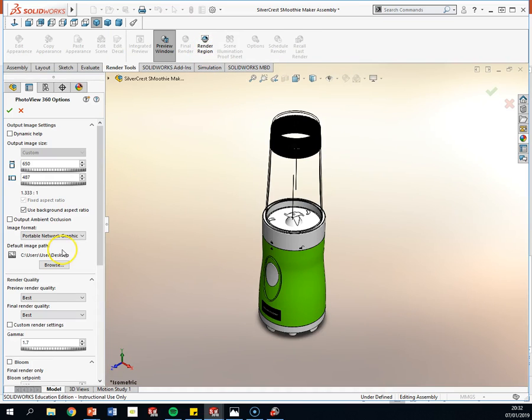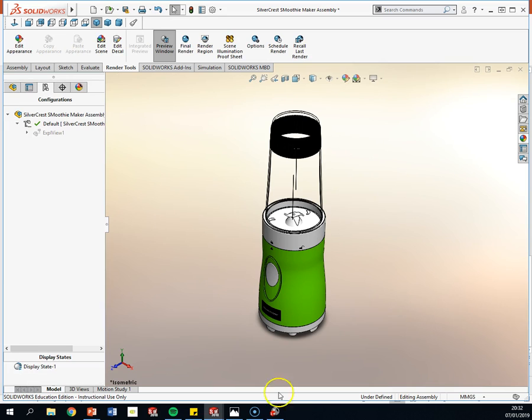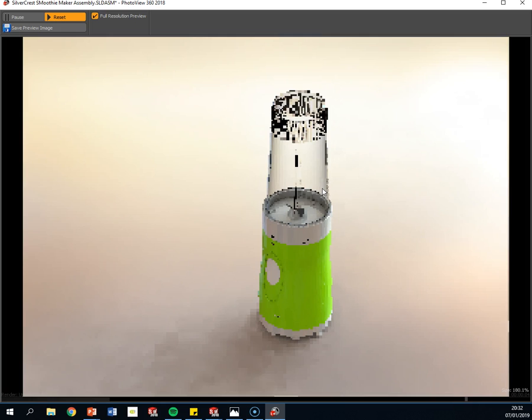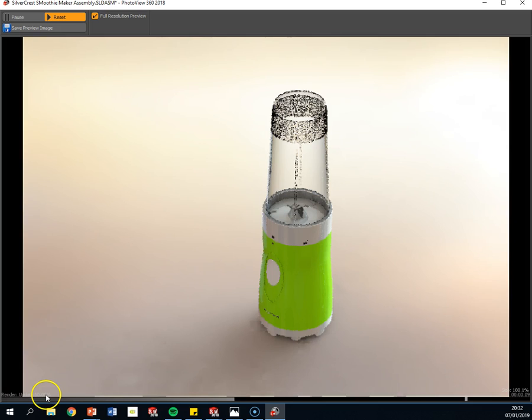In my options, just to speed things up, I'm going to set the preview window render to, we'll just say good, okay, to speed it up. So I'd advise you to do the full render, which you can see there, even as it's coming together, it's on at 50%. When that gets to 100, it'll look decent. Even the glass beaker on it there, the way it's see-through and transparent, I think is really good. Now this is probably going to take a while to do because it has a lot of little detail. This grip thing here,